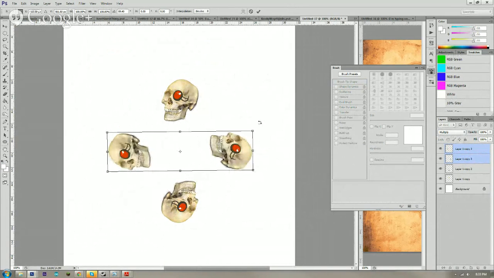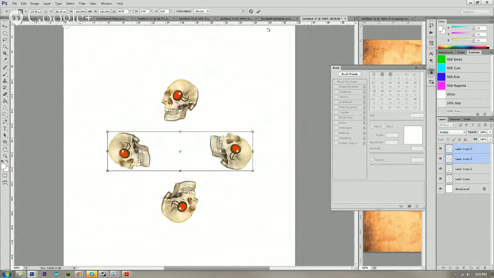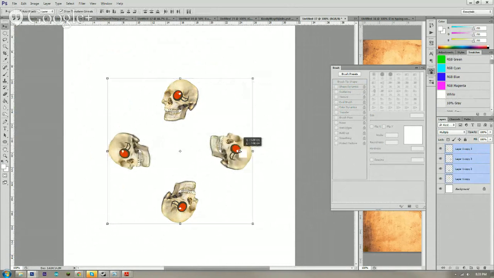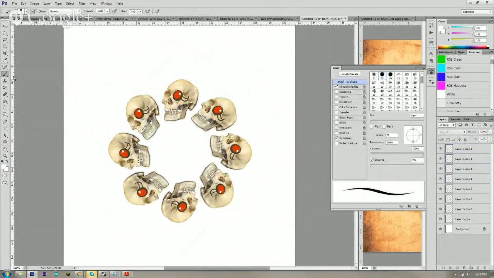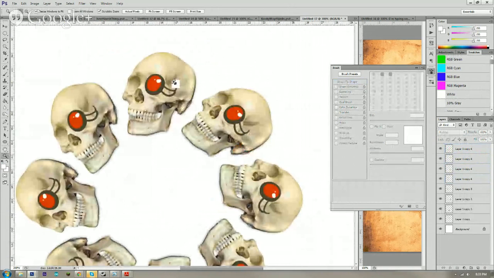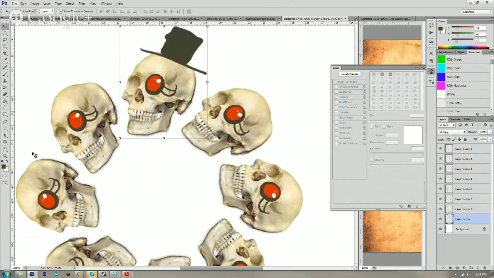What if you've painstakingly made this little pinwheel of servo skulls? Neat. Well, now I'm kind of screwed because I really want to give this one a top hat, but it won't give the rest of them top hats. That makes me sad because I don't want to go through and draw all of them, and I don't want to redo it and rearrange them. So what can I do to avert this sad fate? Well,